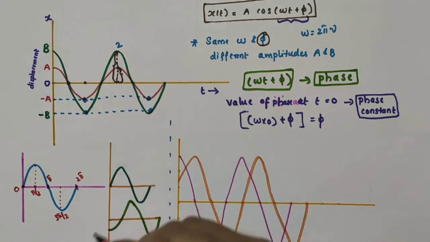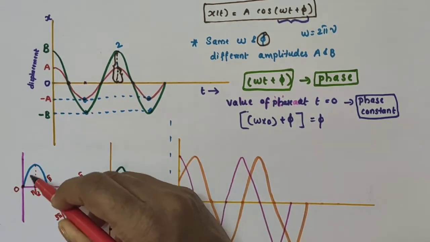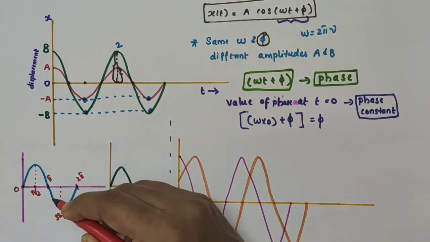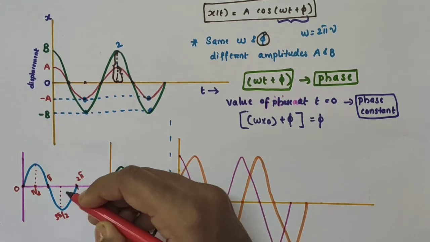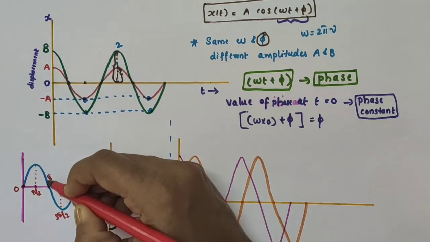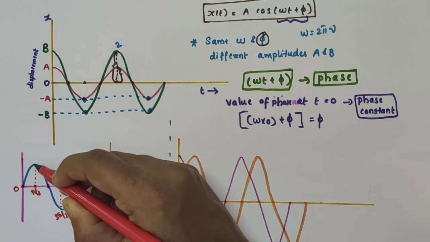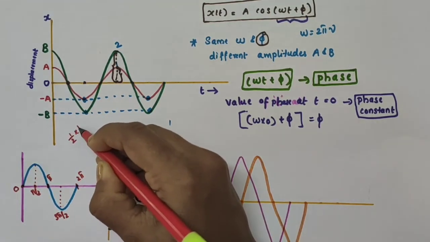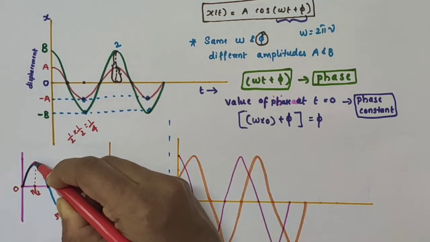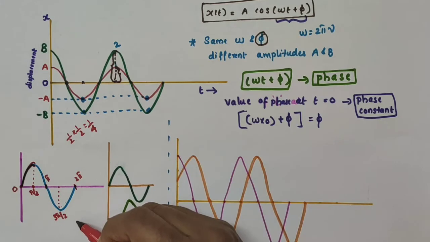Alright, now you see, here we have a full wave. If I consider only this part of the wave, that is the half wave, and this is the other half of that wave. Now if I consider the half of that half wave, only this much portion, that is half of the half wave. Half of half is equal to 1 by 4. So this is 1 by 4 of a full wave.